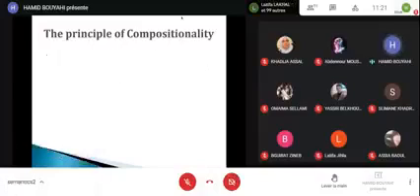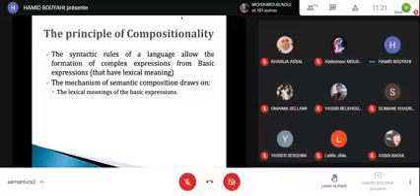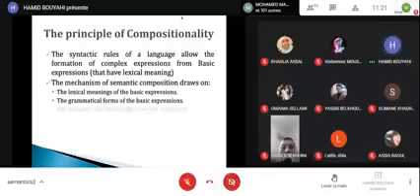We will see this idea of arguments. Have you seen? You know the word arguments in syntax? Yes, Professor. Okay. So we'll come back to this idea of arguments later, and we'll see how the arguments are combined in each syntactic structure. The mechanism of syntactic composition draws on the lexical meanings of the basic expressions, the grammatical forms of the basic expressions, the syntactic structure of the complex expression.